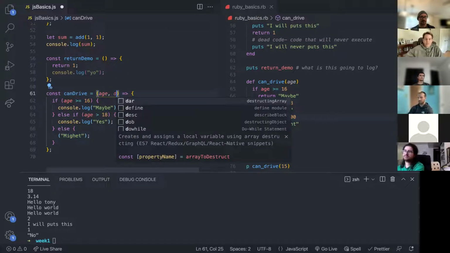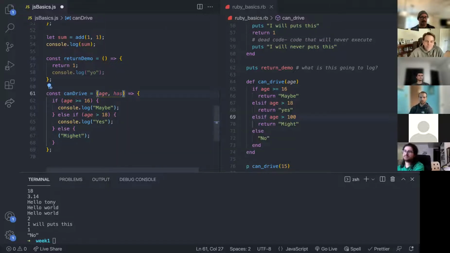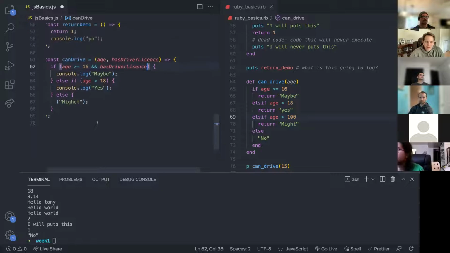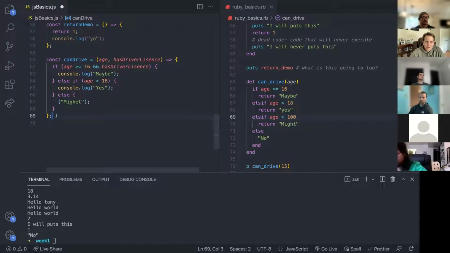What if we have a Boolean that's like a has driver license? Then I could do an and statement. So in JavaScript, just like we can do in Ruby, we can have the ampersand. So then I can do can drive, 16 and true. I mean, this is not the logic, it's not correct here, but we also have